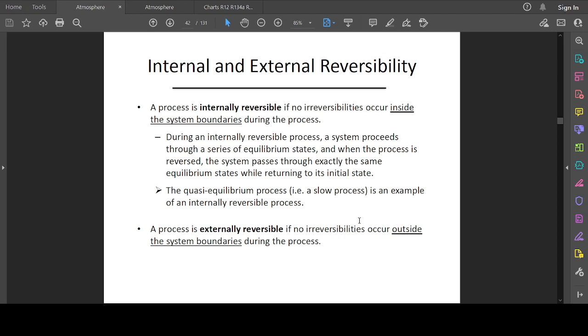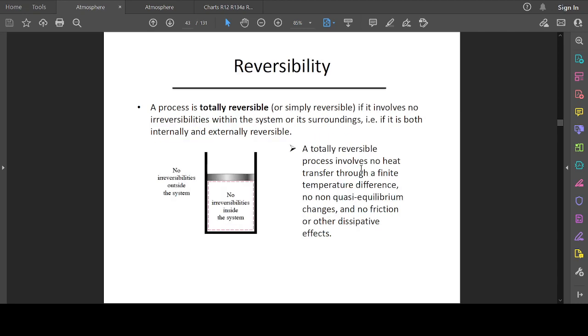A process is externally reversible if no irreversibilities occur outside the system boundaries during the process. A process is totally reversible, or simply reversible, if it involves no irreversibilities within the system or its surroundings, so if it is both internally and externally reversible. For a closed system, there will be no irreversibilities if it does not interact with the outside,